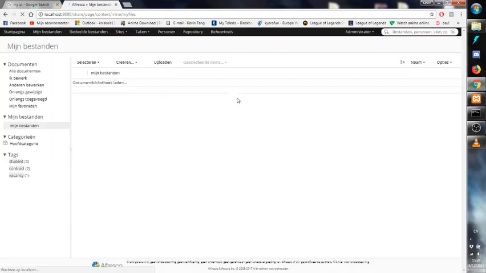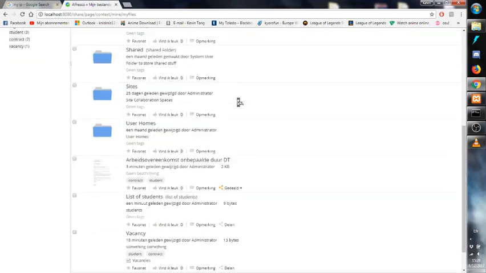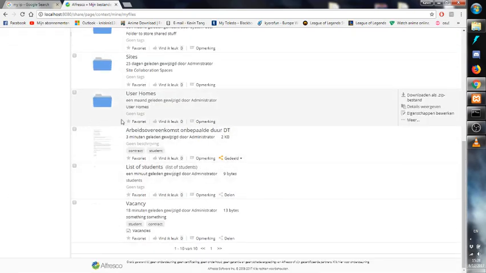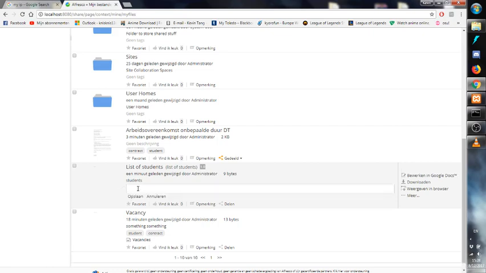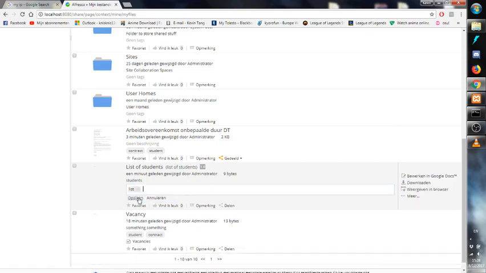and here you'll add some tags to existing documents. So right now I have a document named list of students. It has no tags. I can simply add some new tags to it. Let's add lists. Alfresco, because I previously made the tag list, it will suggest it to me. But let's create a new tag and name it not document,